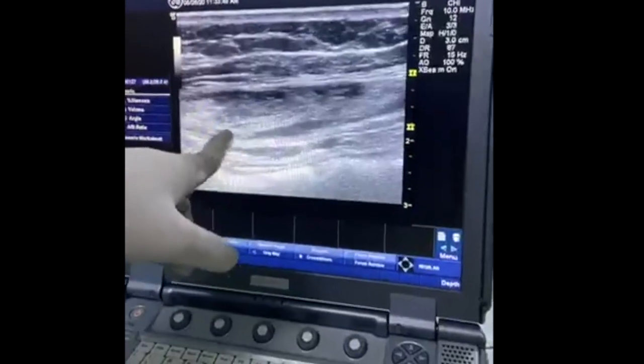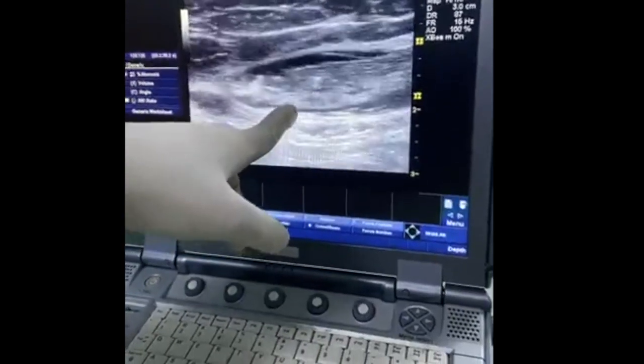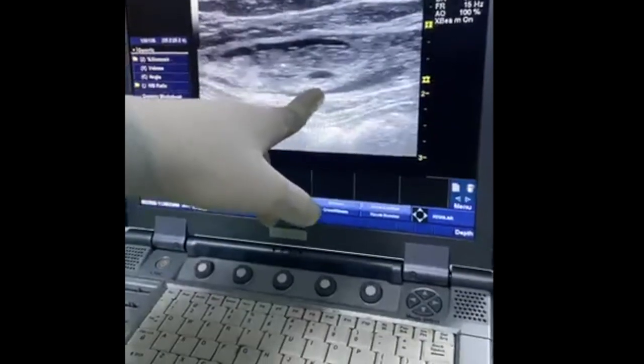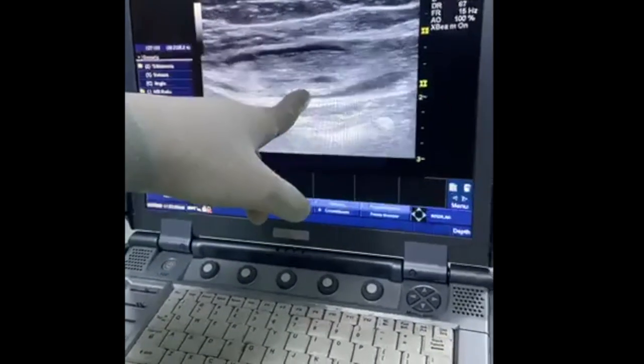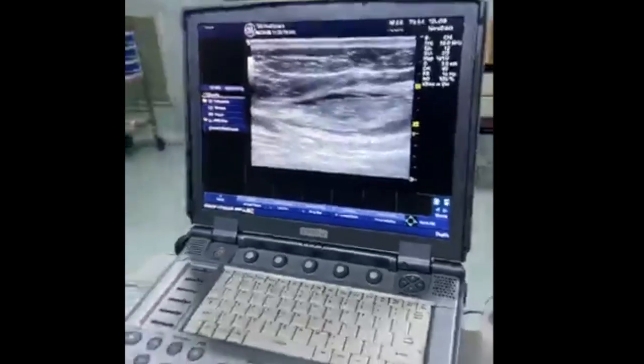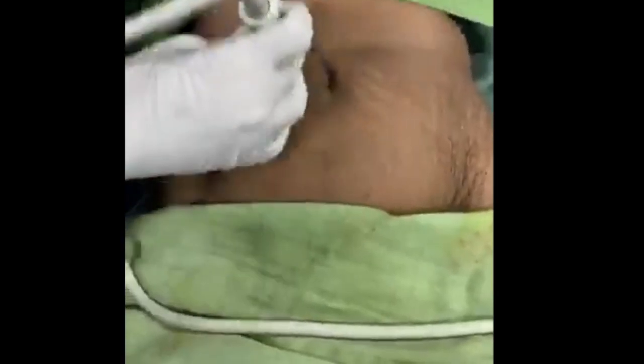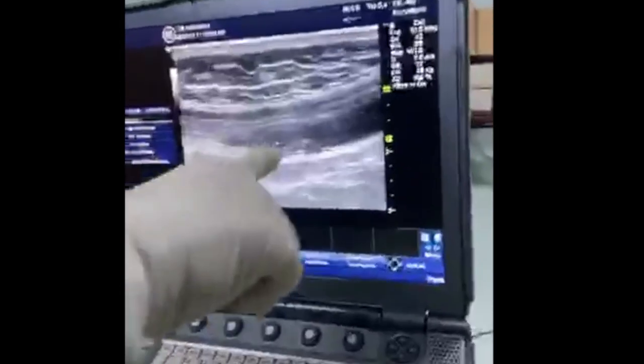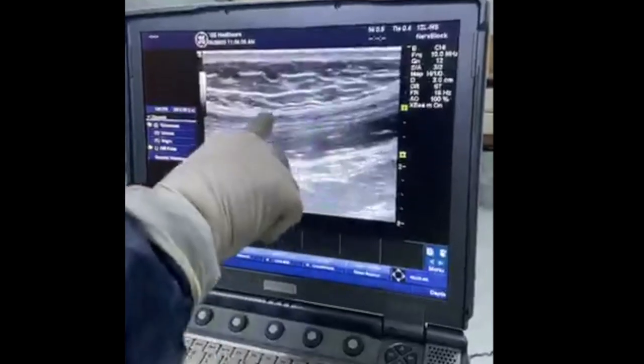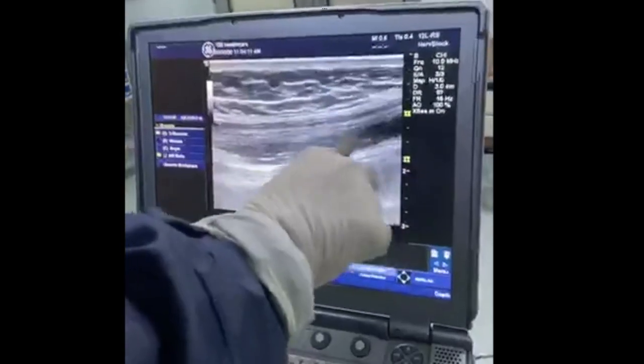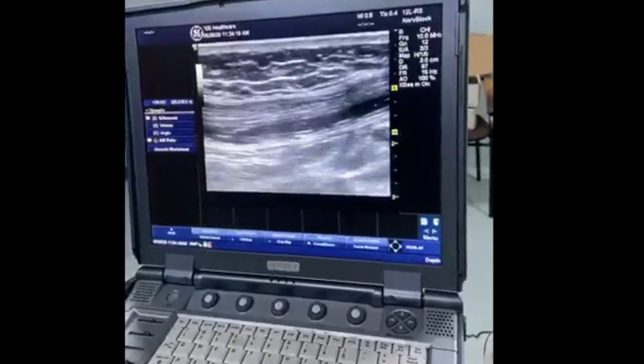Here you can see this is the anterior rectus sheath, this is the posterior rectus sheath, and the drug is nicely spread in the right plane, just above the posterior rectus sheath and below the muscle. So this is both the blocks with the LOR technique, and here you can see the entire spread. This is the rectus muscle, this is the anterior rectus sheath, this is the posterior rectus sheath, and this is in the vertical plane. Here you can see the drug spread nicely in the plane.